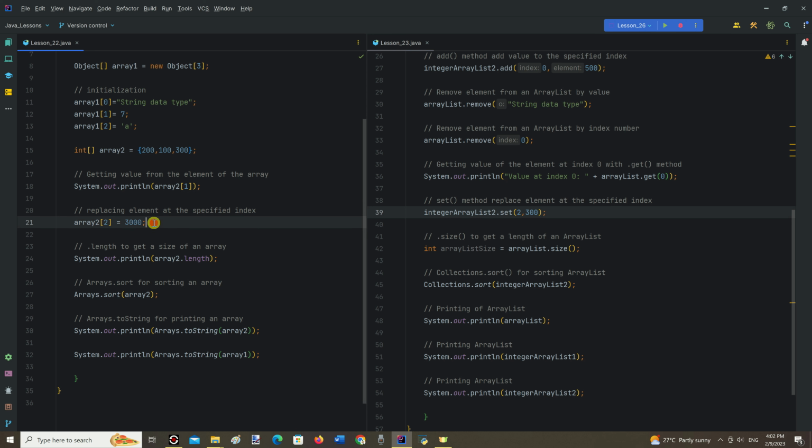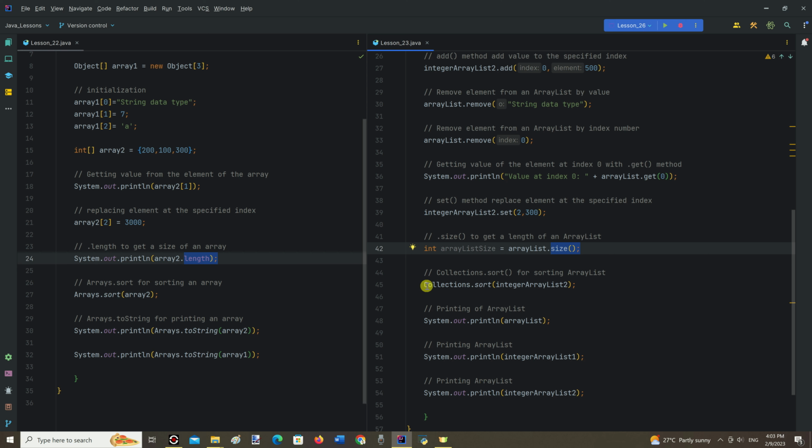For replacing an element inside an array, we just need the array name and index number inside square brackets equal to the new value. For getting the size of an array, we use length. To get the length of an ArrayList, we use size method.